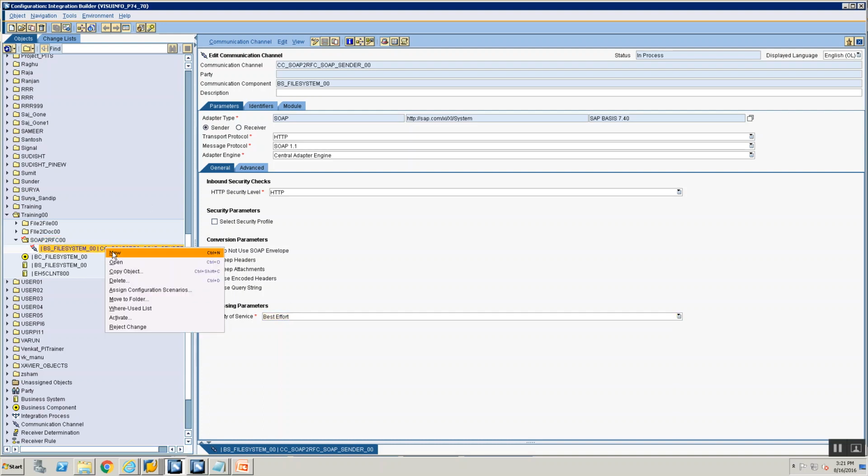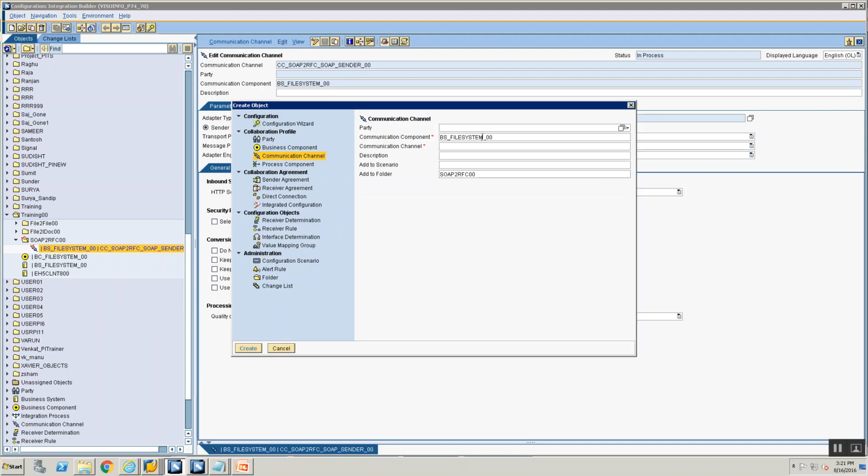The next communication channel we will be defining is a receiver RFC adapter, and because you're making a call to EH5, I'm selecting the communication component as EH5 client 800 CC SOAP to RFC, give the name as RFC underscore receiver underscore 00.